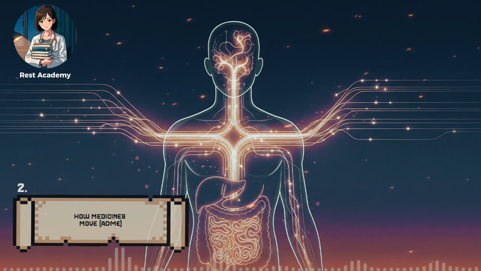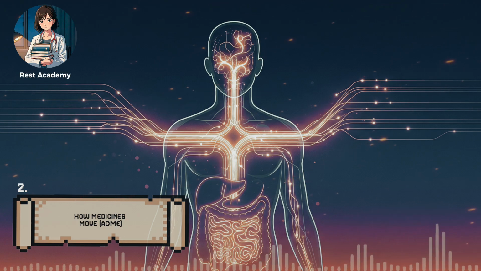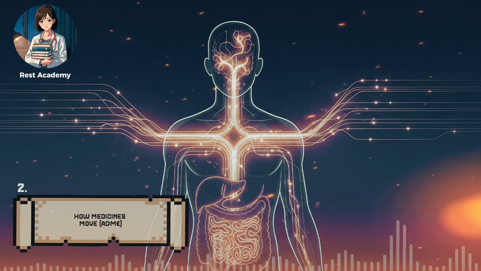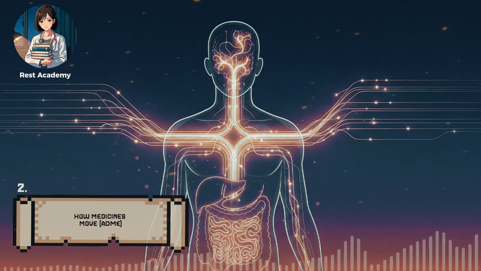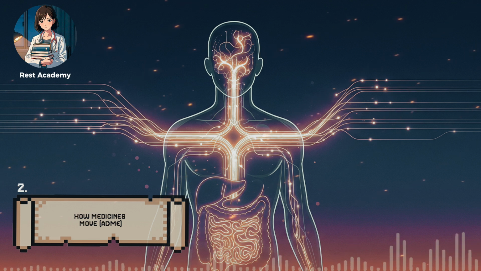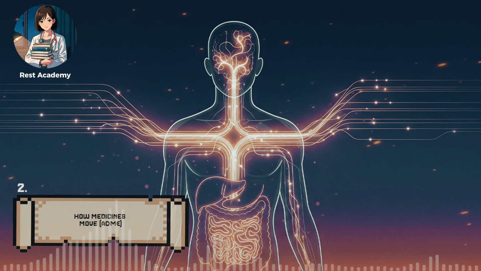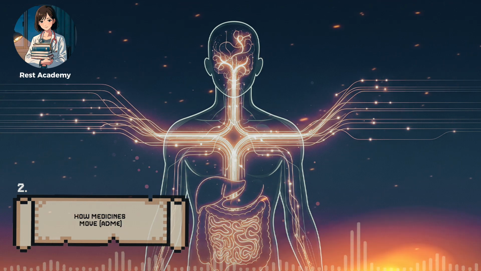Metabolism is chemical transformation by enzymes that generally increases water solubility and prepares the molecule for excretion. The liver is the major site, though gut wall, kidney, lung, and blood also contribute. You often hear of Phase 1 and Phase 2. Phase 1 introduces or exposes functional groups, oxidation, reduction, or hydrolysis, commonly through cytochrome P450 enzymes. This can inactivate a drug, activate a prodrug, or create intermediate forms. Phase 2 conjugates attach polar groups such as glucuronic acid, sulfate, or acetyl groups, which typically enhance elimination.